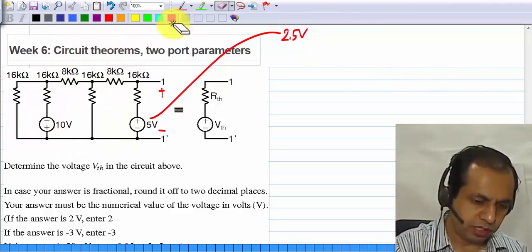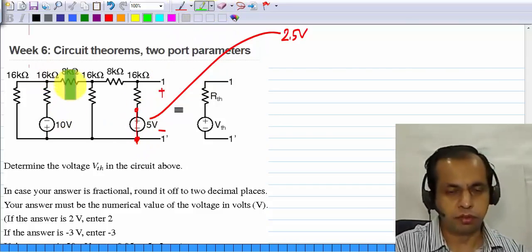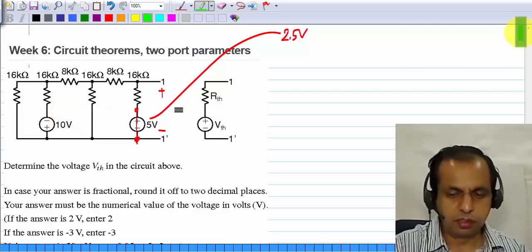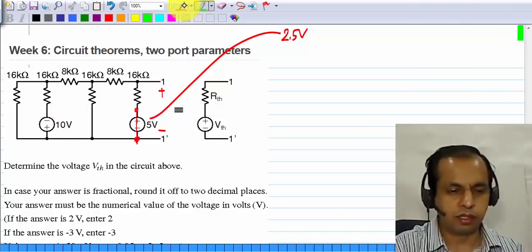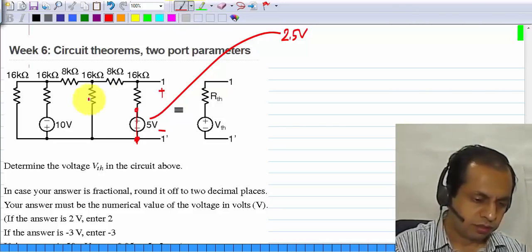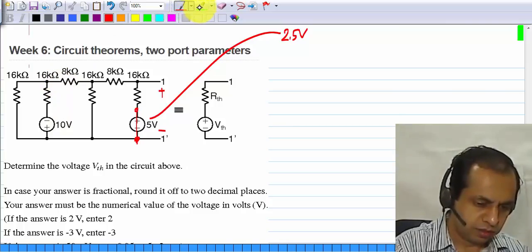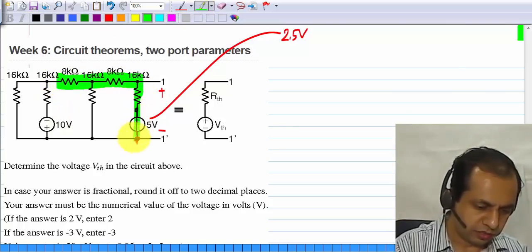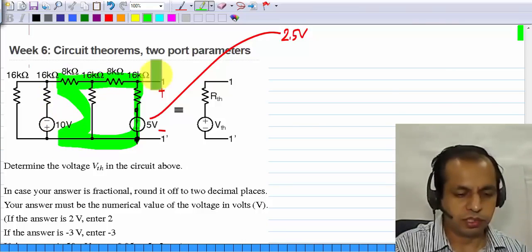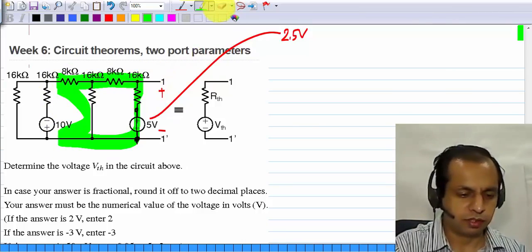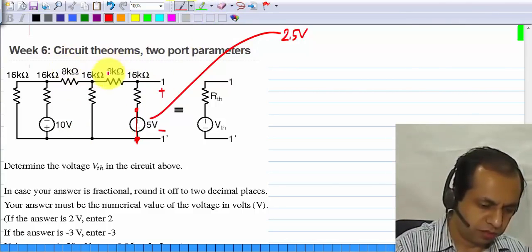Now when you deactivate this source and do it from this particular source, the calculations are slightly more cumbersome but nothing fundamentally difficult. So you first have to find the equivalent resistance of all of this and substitute it between these two terminals, and then use successive voltage division to find the answer. Okay, I won't go through all the steps, but I'll just tell you that, for instance,